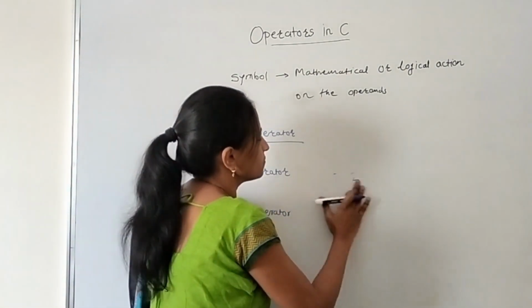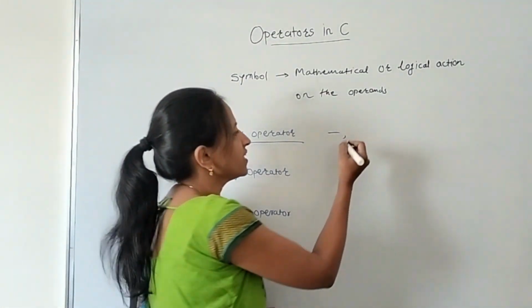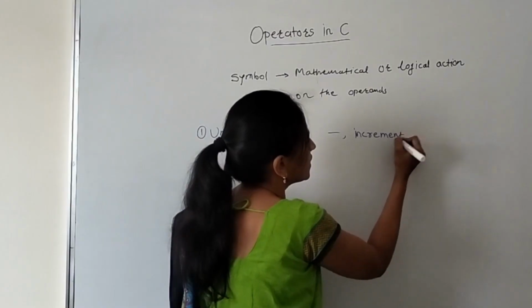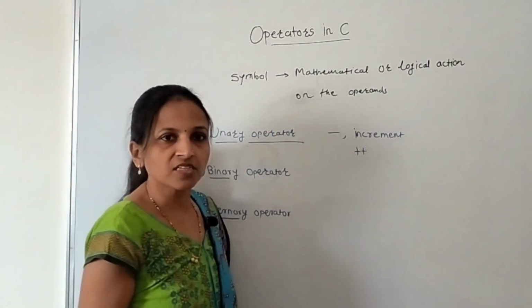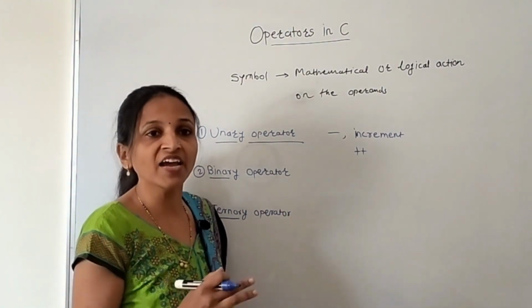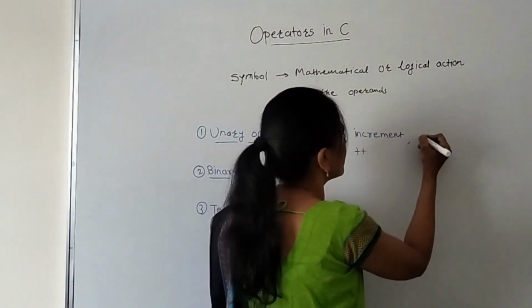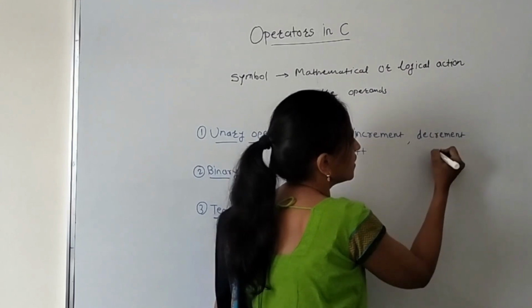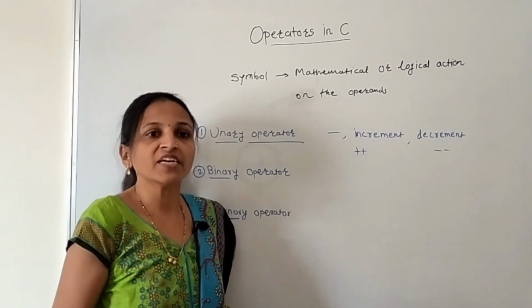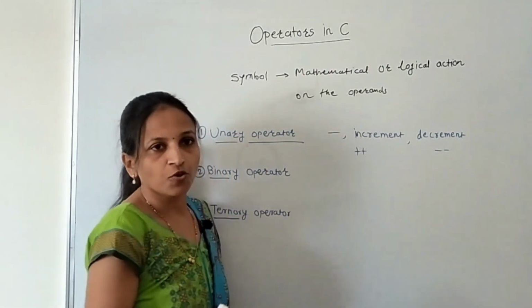First one is unary. There is unary minus. One more operator is there in C, that is the increment operator. Increment, that is plus plus operator, is used to increment the value of a variable by 1. That comes under this unary category. Then there is one more operator, that is the decrement operator. Here minus minus. This is nothing but decrementing the value of any variable by 1. Again, this is a unary operator.